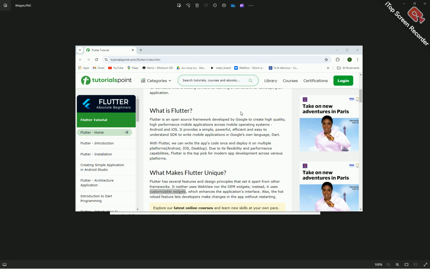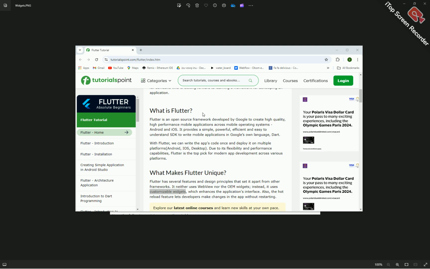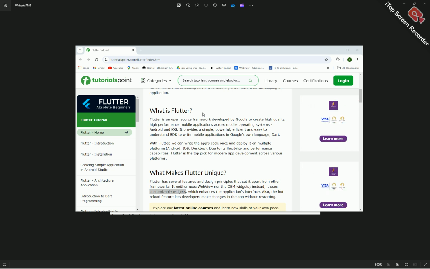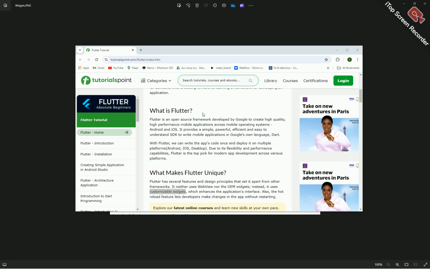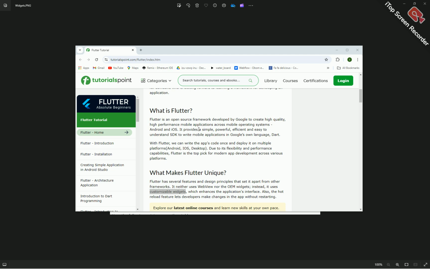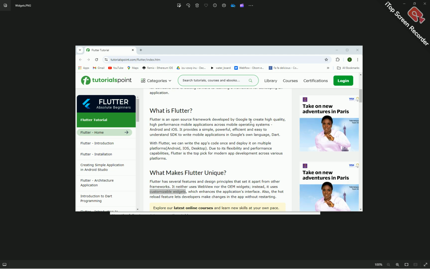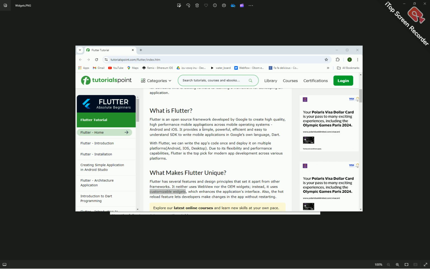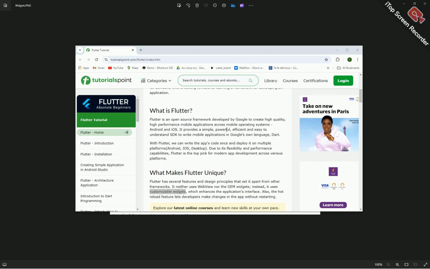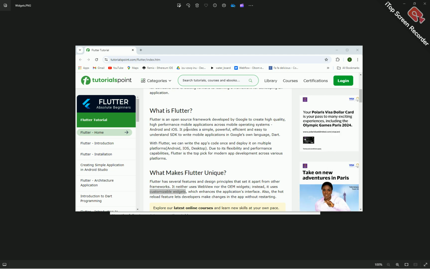So in this series we'll be talking about Flutter itself. We're talking about the Flutter framework. So what is Flutter? Flutter is an open source framework developed by Google to create high quality, high performance mobile applications across mobile operating systems, Android and iOS,